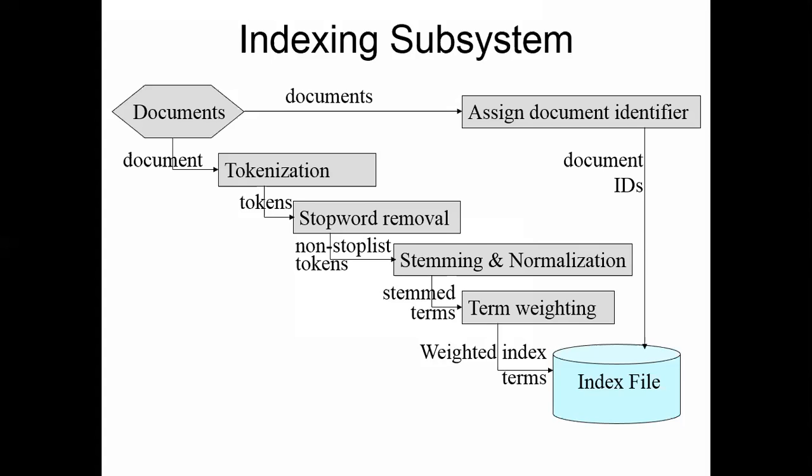Now for indexing purposes, we need term frequency, document frequency, and collection frequency. Of course, there are index files that don't apply term weighting, but this one is a generic architecture. It's good to apply term weighting because later on we need it when we are constructing